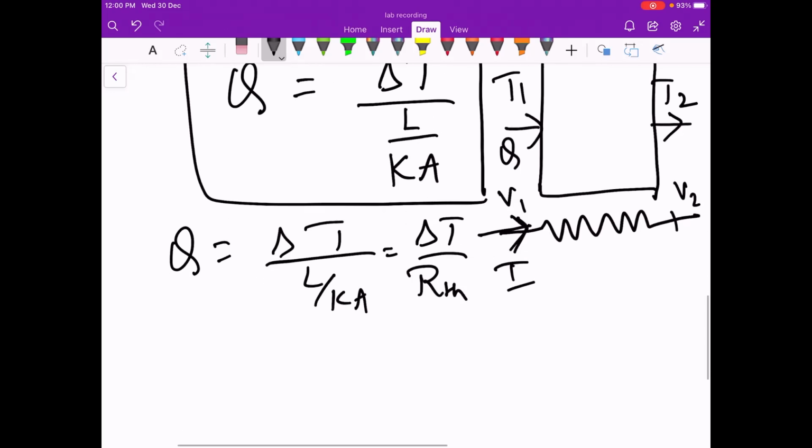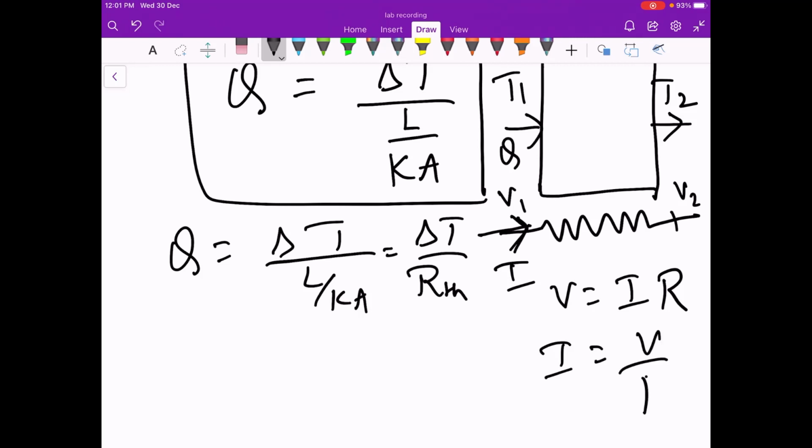So it is called thermal resistance. Basically it is analogous with the electrical circuit. I told you V equals I into R, so your I is nothing but the heat. So I is equal to V divided by R. In terms of heat transfer, you need a temperature difference which drives the heat transfer. In the case of an electrical circuit, your voltage difference drives the current, and R is the resistance. Here RTH, that is thermal resistance, is nothing but L by Ka.